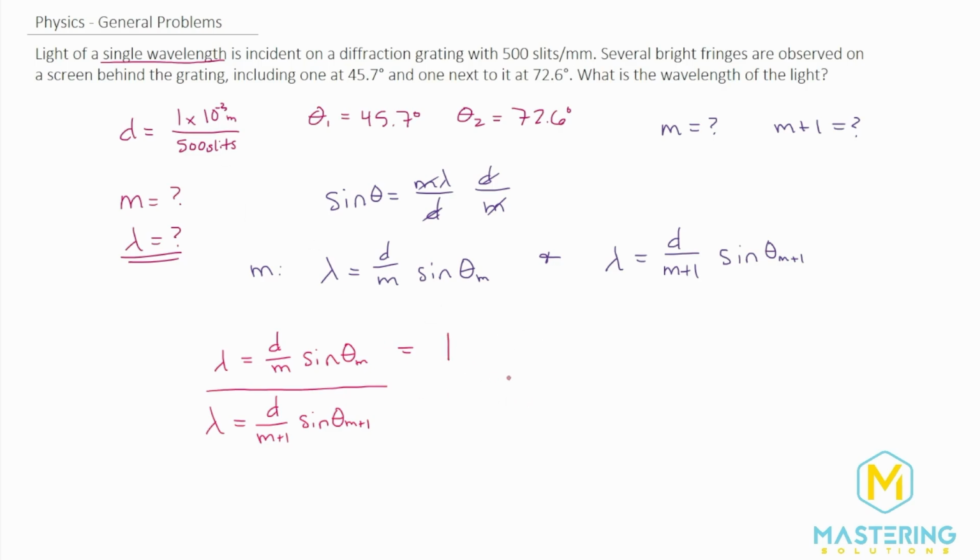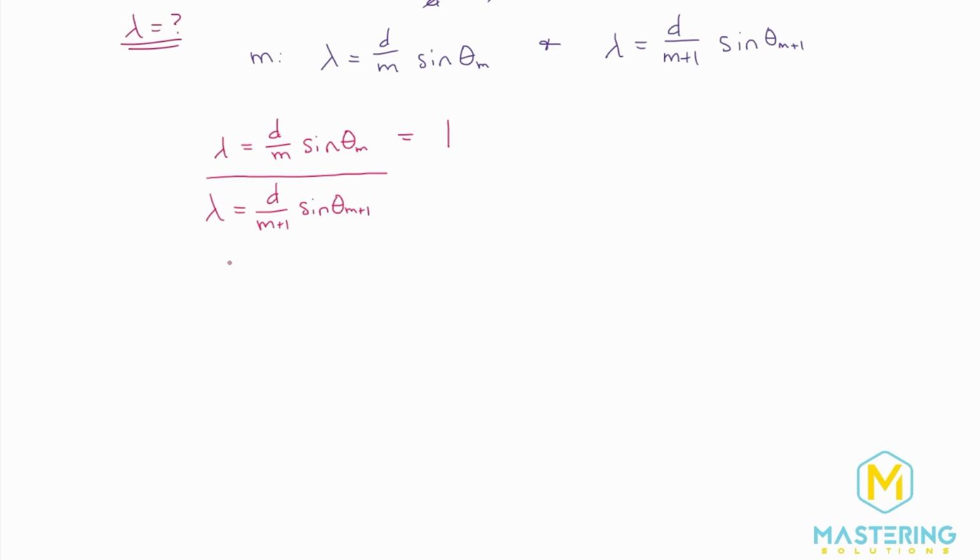And now, just so I don't have to write it multiple times, let's erase this, and that is now 1. Our whole goal with this is to simplify it so that we're solving the 2 equations with the 2 unknown variables. And we're going to cancel things that are exactly the same. You just want to be really careful when you do this, because sometimes you can get yourself into trouble if you just jump in and say, oh, well, that's the same here, because they don't always cancel out. In this case, they do. So the lambda will cancel and d will cancel on both.